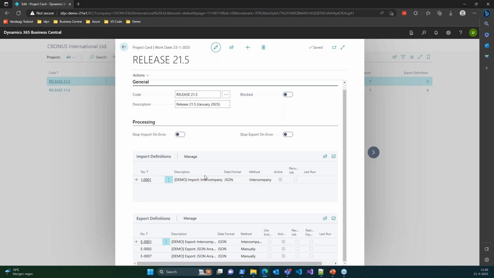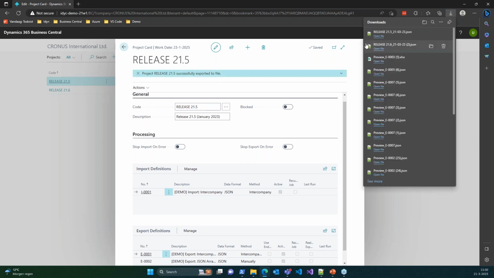Additionally, we have some actions available over here as well. And these are pretty much the same actions as we have available on the definitions for backup options, where we can export and import the project and copy it to the archive. When we export the project,